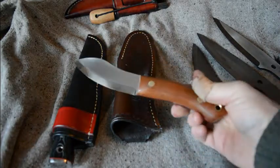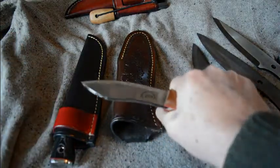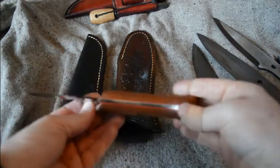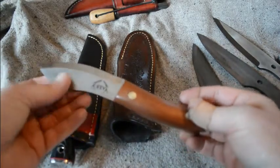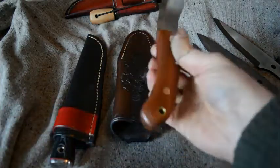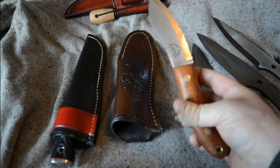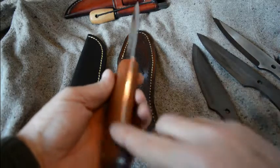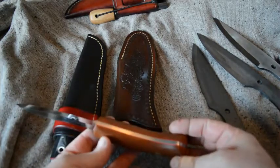One is this Nesmuk, which I could slim that handle down a little. I'd say it's a full handle. It's not big, but it's certainly there. If you're a guy with big hands or a woman with big hands, it'll be very comfortable. I think my hands are average, and to me it's comfortable. But yes, I could make that somewhat slimmer, because there seems to be a lot of area here on the tang especially,